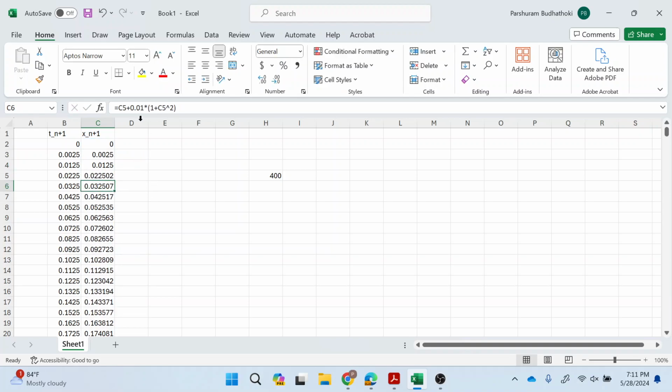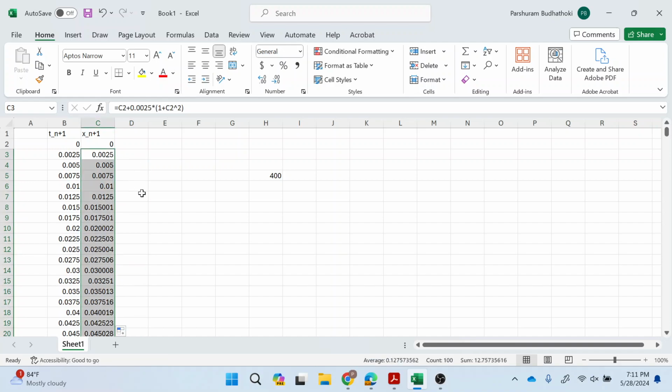And now you just have to remember these values are not updated, so you have to just double click. Yes, now it's updated. You have to do the same thing here. Now when you highlight this, and when you see this sign, just double click and it's going to update